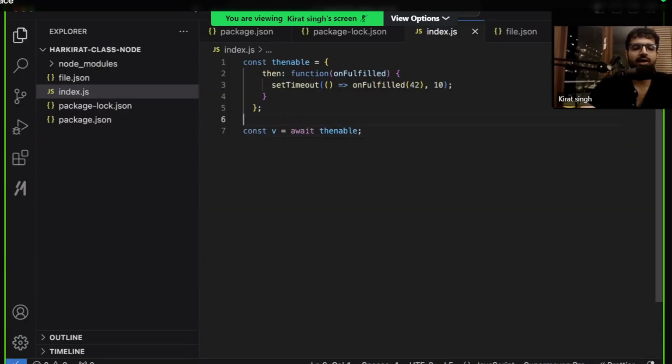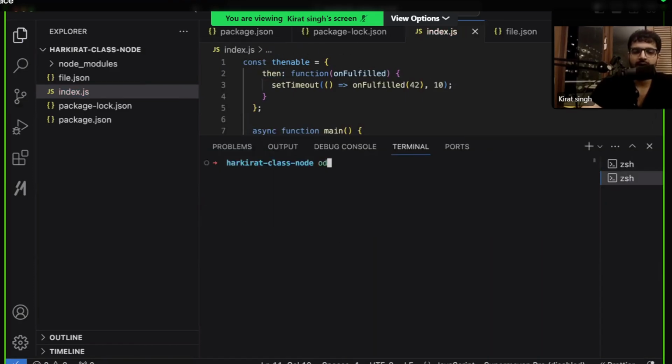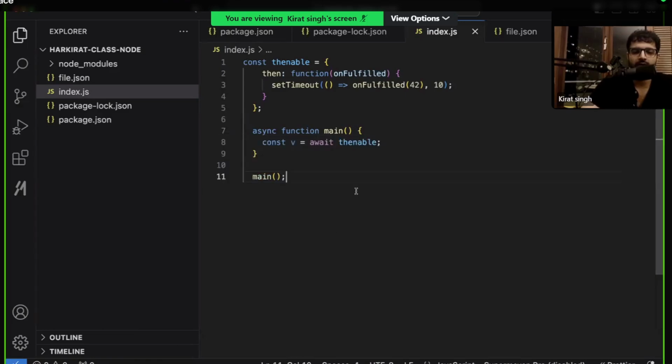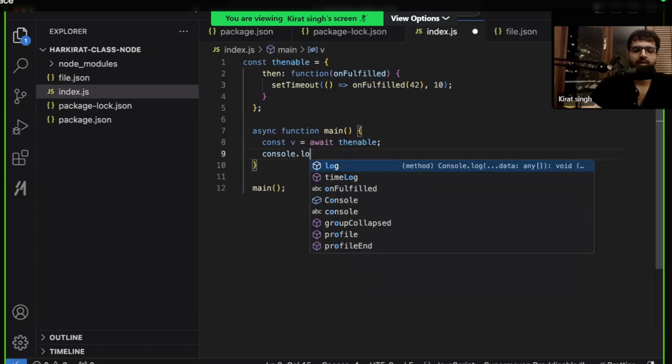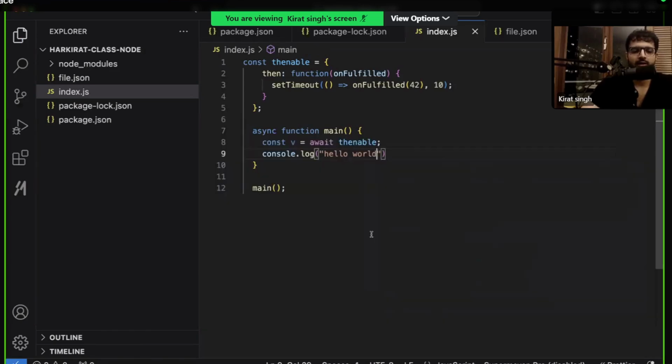You can call await on not just promises, but these things called Thenables, which basically is something that has a dot then. Let's call main over here. Node index.js. On fulfilled. Hello world. Huh. Increase this to thousands.